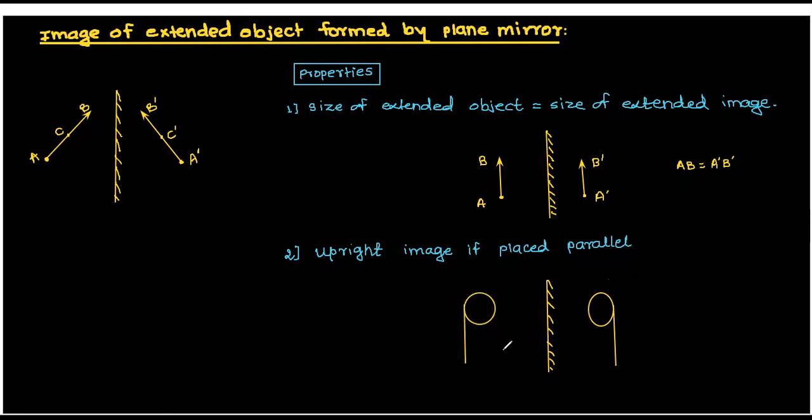Can you see this? How are you getting it? If this is point A and this one is point B and this point is C, then this point is going to shift to this side. So this is B dash. Yes, this point is going to be here, that is C dash. And this one is A dash. So if you have placed it upright like this, then the image is like this. Upright image placed parallel to this mirror, and then you are getting it like this. Okay.